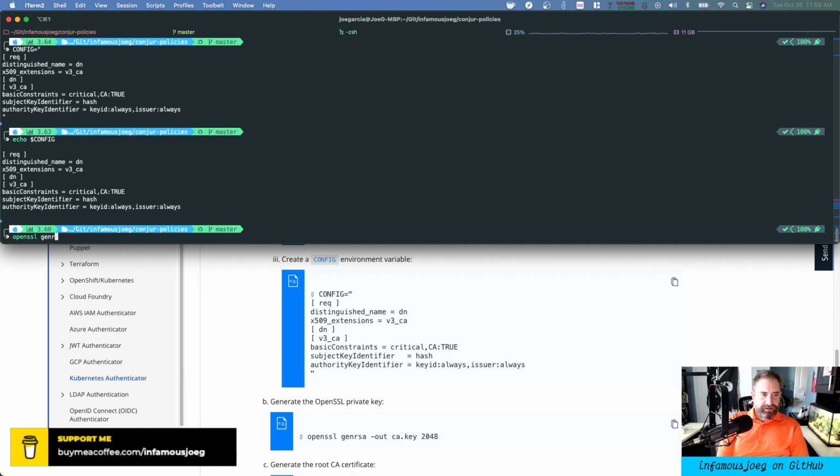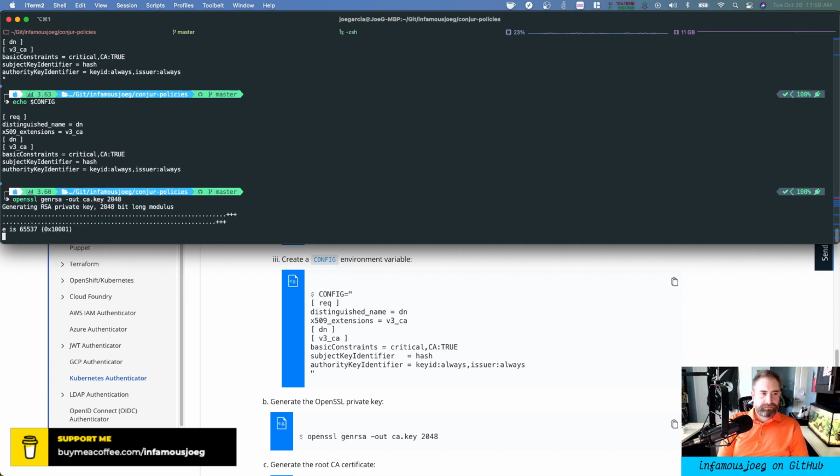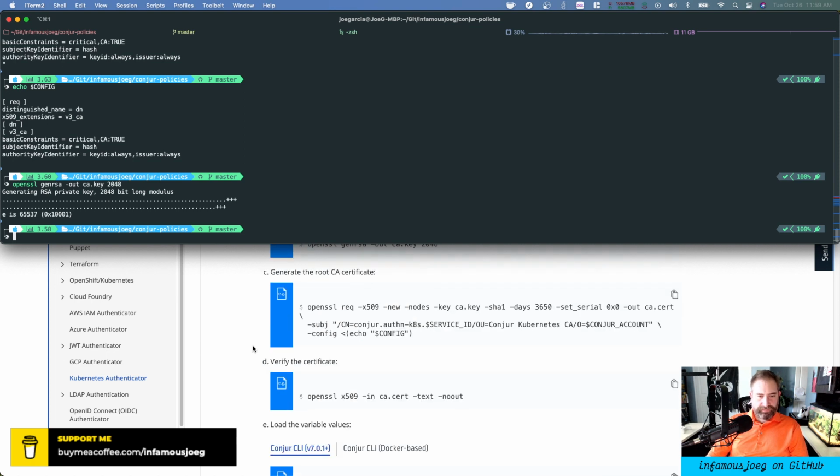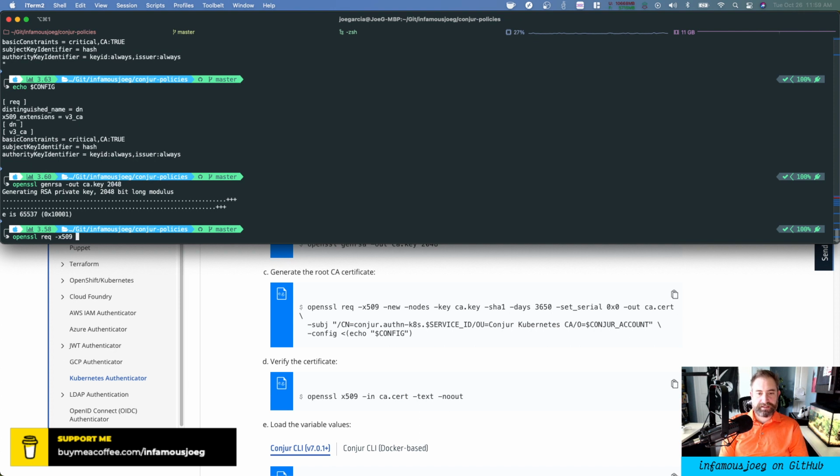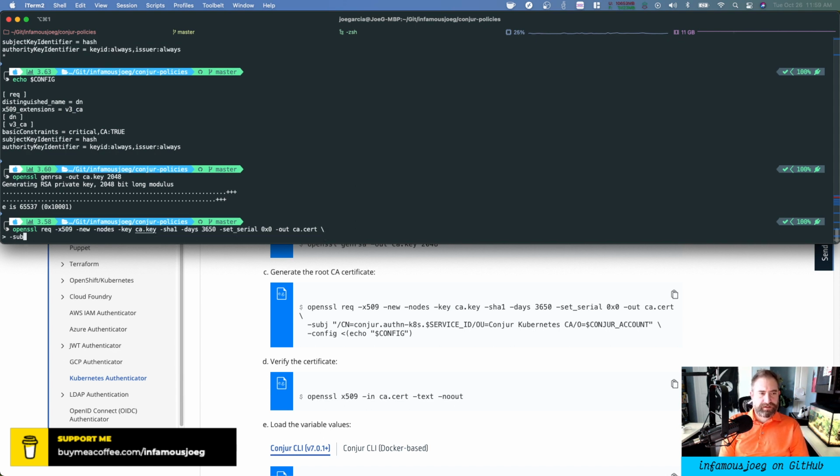We'll openssl genrsa -out ca.key 2048. Now we'll openssl req. I could copy this. I probably should just copy the stuff, but I'm a glutton for punishment and typos as well, so I will probably avoid that. Set serial to this. We'll go out to ca.cert. All right, we'll do this. Subject is CN equals